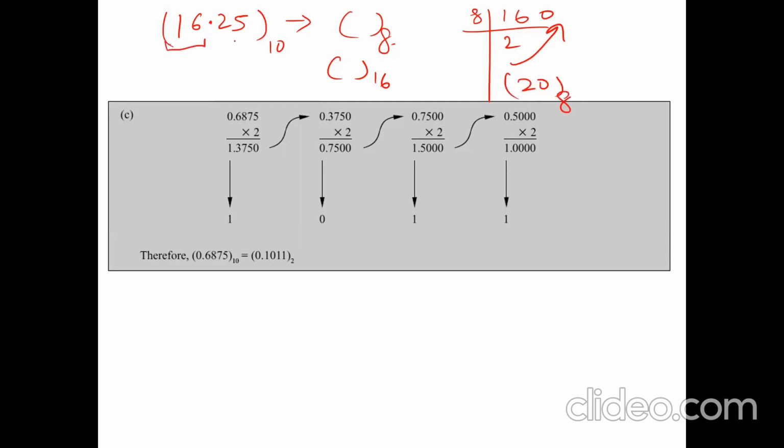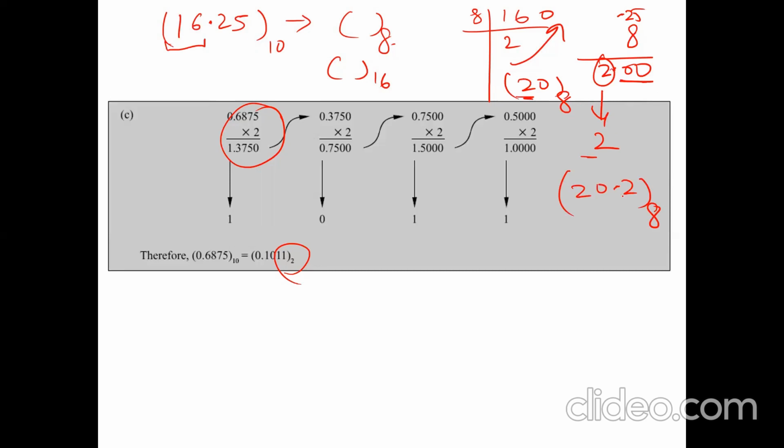This part is over. Now you want to convert 0.25 by multiplying by 8. Multiplied by 8 because we want to convert it into 8. Earlier we used to multiply by 2 because we wanted the final answer in base 2. Now 8 5s are 25... you can simply say it is 2.00. Now save this part. This is 2. There is no need to multiply again because the right hand side is already 0. So the final answer of this question, 20 is already calculated, this is 2, is 20.2 in base 8.